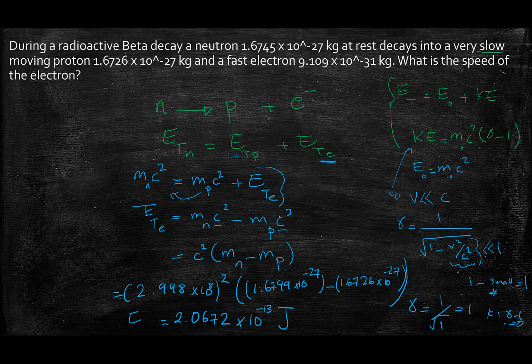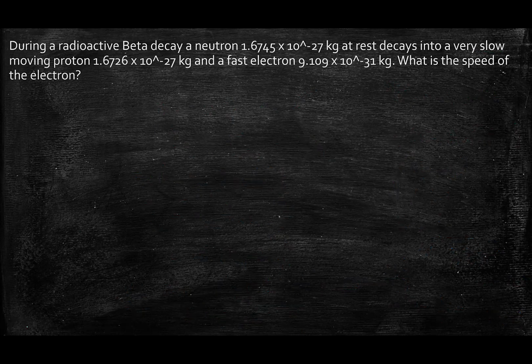So this is the total energy of my electron, and this includes the rest mass as well as the kinetic energy of the electron. So going back to the next page, I will actually have to calculate the speed of the electron. This is how I'm going to do it. Since I have the total energy of the electron,